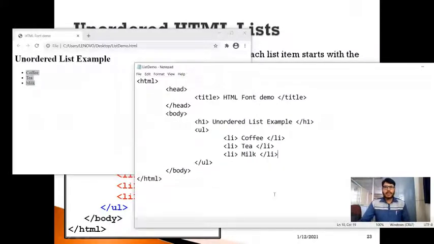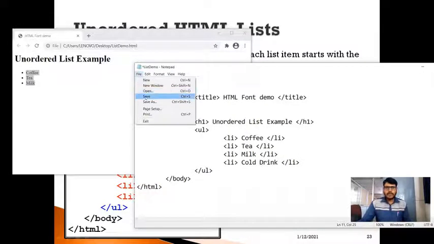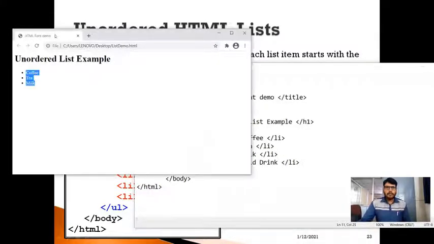So this is how we can specify an unordered list. Assume that I want to include one more list item here. So simply, below this milk I want to include it. So press enter here, give some space, and include one more list item tag here, and assume that I'm going to specify cold drink. Okay, so now I'm going to close this list item. So again, I need to save these changes now. So click on save and go to the web page and click on reload here, so that the new list item will be added.